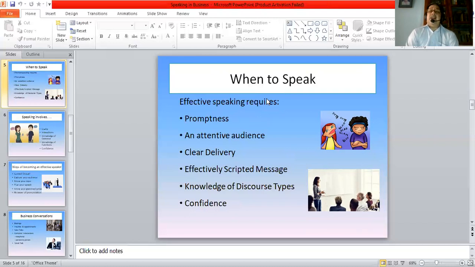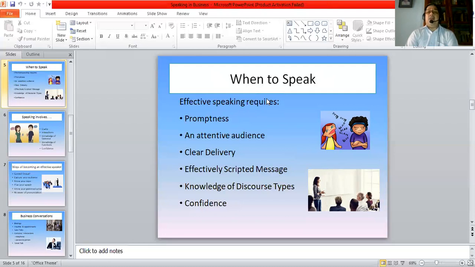Right. To proceed further, provided that we have got reasonable competence in speaking and we have got some kind of correctness also, we have to know how we can become more effective speakers. Because, of course, there is a lot of scope for becoming better, for improving further and further. Effective speaking lies a great deal in knowing when you are to speak.